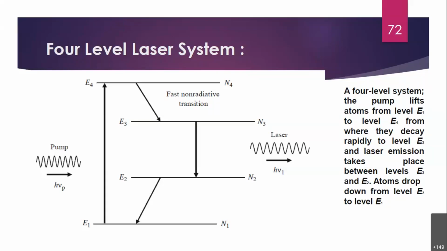Because if you go to the 4 level system, we can see in the case of the helium neon laser that sometimes we get the laser output from 4 to 3 also. But in general, that level has very high energy, and the lifetime is also very less in that case. So that is why you do not see laser light very often from level 4 to level 3. Is it clear now?